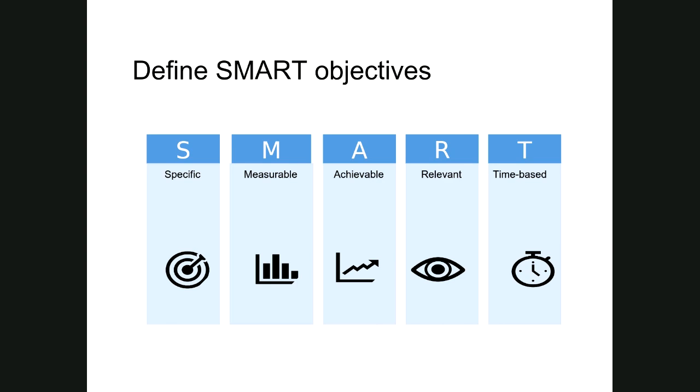Working or not, is it achievable? Not too easy to achieve. Not so hard nobody in the world could ever achieve it, but somewhere in a sweet spot in the middle. It's like if you had sales of X amount in 2020, and the boss says, well, we'd like to see a 10% increase in sales. Okay, well, that's achievable, generally. If they say, well, we'd like your sales to double, well, that's a little different, unless they've expanded your territory or now you're selling a much more expensive product. Anyway, so is the objective relevant? Does it matter?